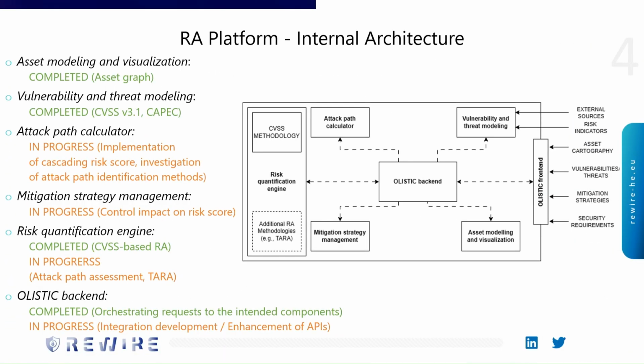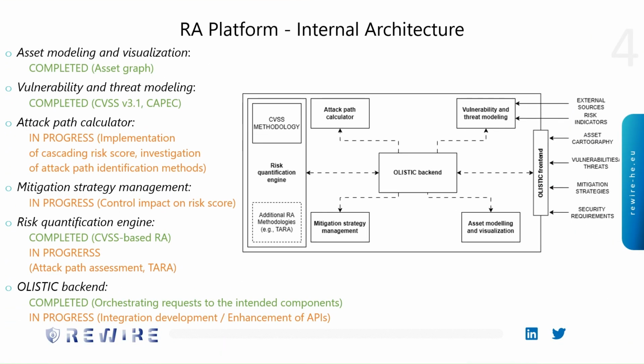Now that we have positioned the risk assessment platform within the REWIRE architecture, let's delve a bit more into the internal subcomponents of the platform. First of all, we can see in the middle of this diagram the holistic backend, which basically orchestrates all the interconnections between the various subcomponents of the risk assessment platform. Apart from this main component, we also have the asset modeling and visualization subcomponent, which is already implemented in this first release, as well as the vulnerability and threat modeling component in order to model the overall threat scenarios of